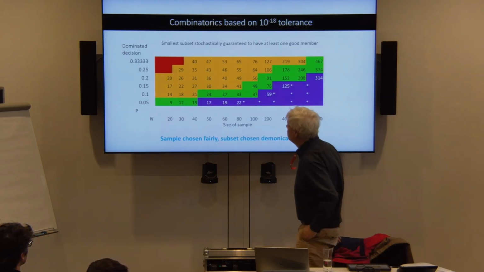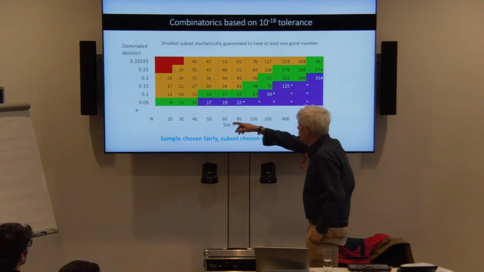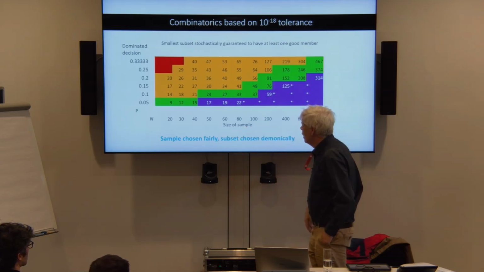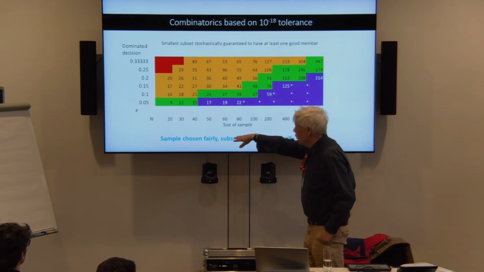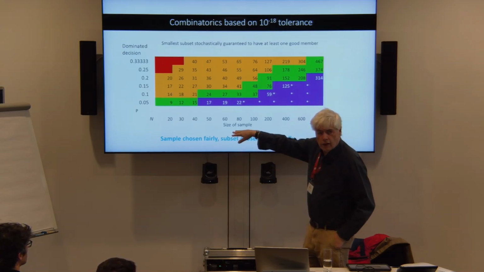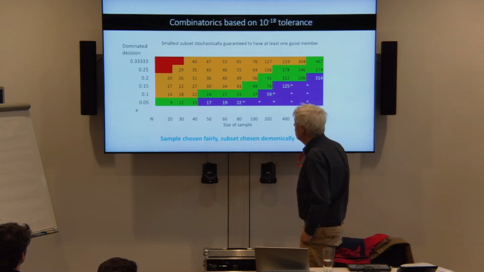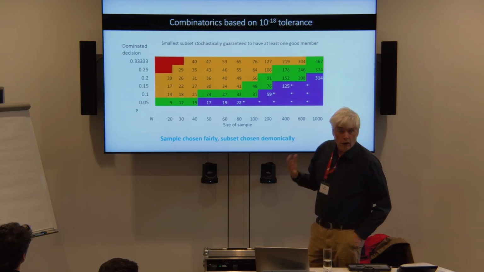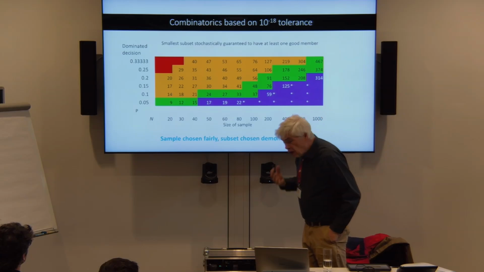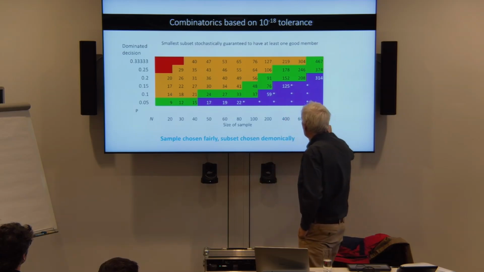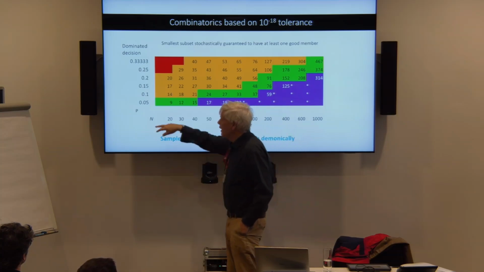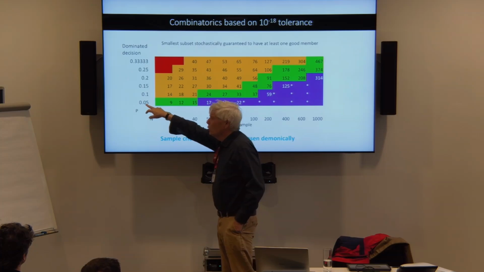And if you look along the bottom, we see the size of the sample which has been picked, chosen fairly using my fair random oracle. And I'm now allowing a subset to be chosen by the demons. I will explain why demonically. And I ask, so what can they force? So if the sample has size, say, 50, then if the probability of a single agent being bad is only 0.05, in other words, 1/20th, then